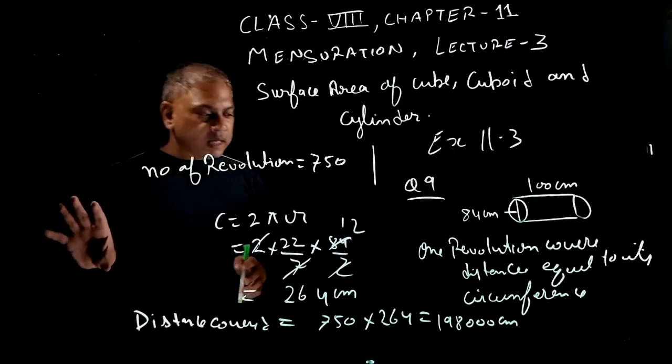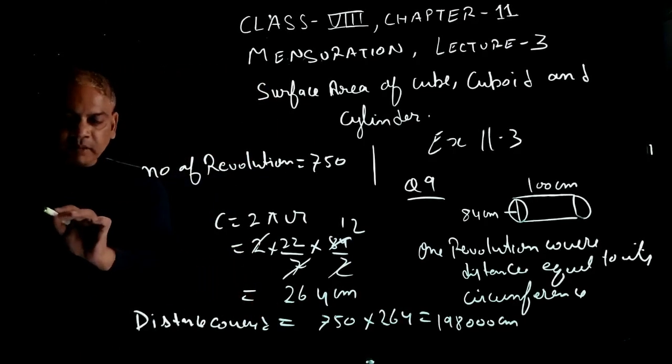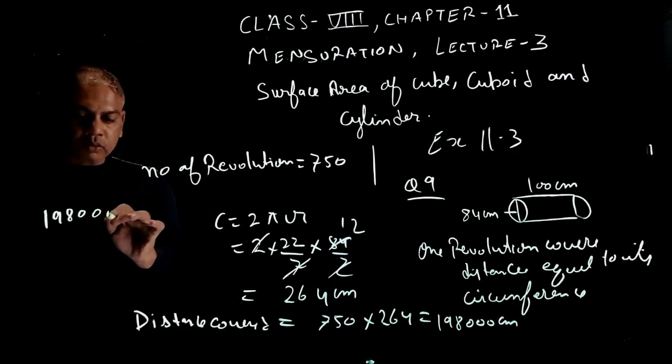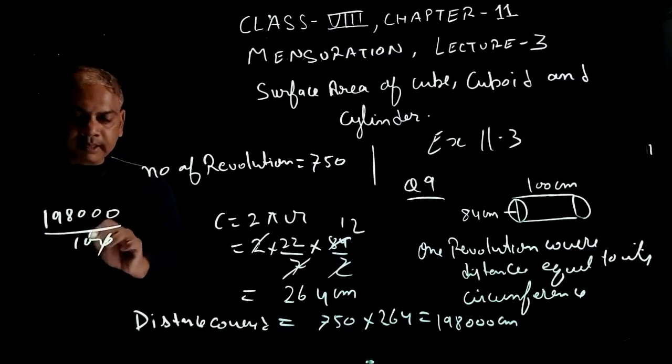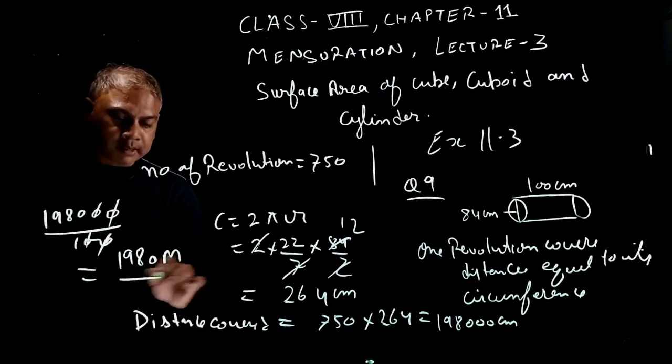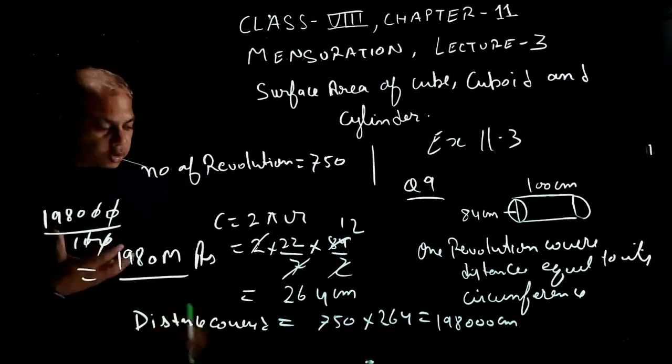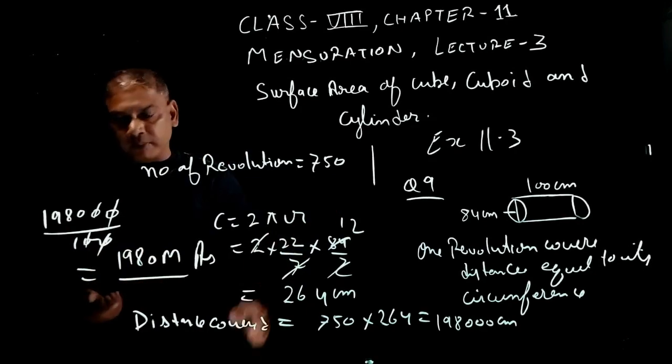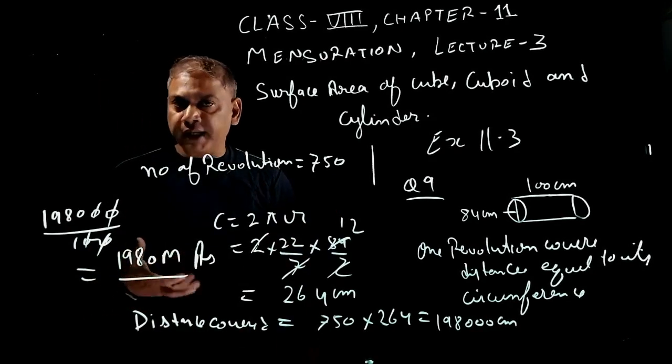Okay, but we have to give the answer in meter. So your answer will be 198,000 upon 100. Cancel out. This will be equal to 1980 meter. This is your answer. This much road will be made in these revolutions. This much of the road area will be